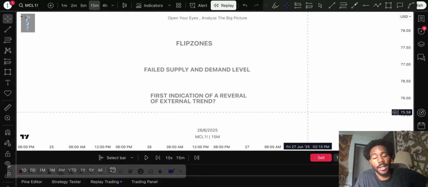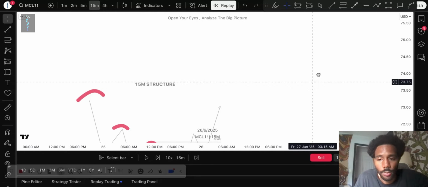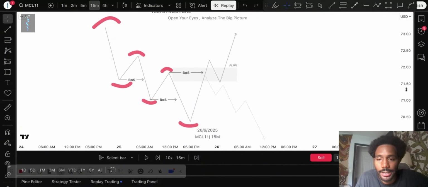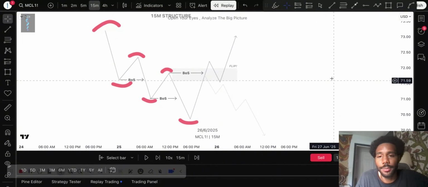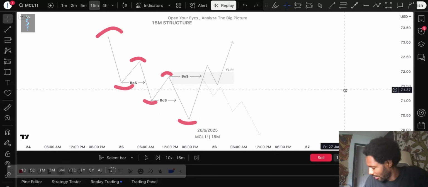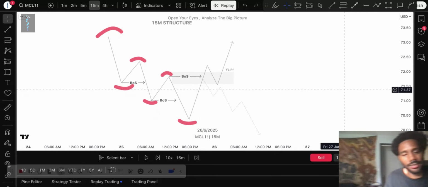Pretty much these are levels that I want to see fail and get in on the lower time frame. So as you can see from this bearish example here,